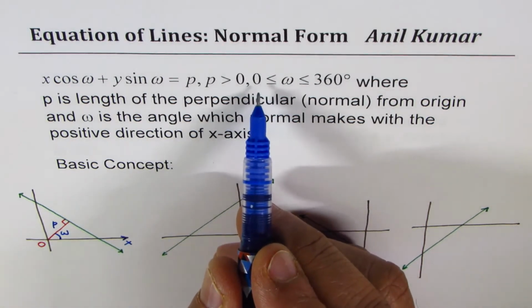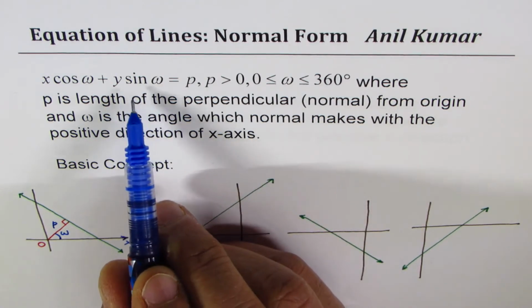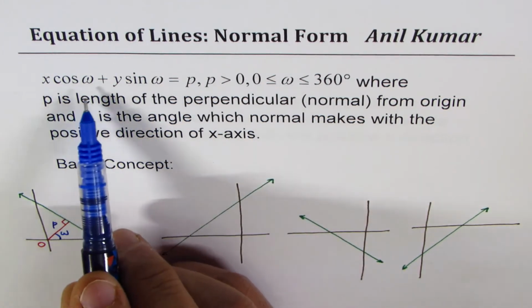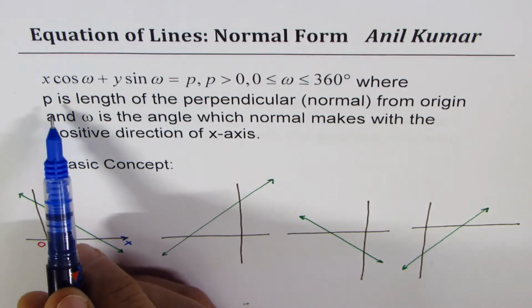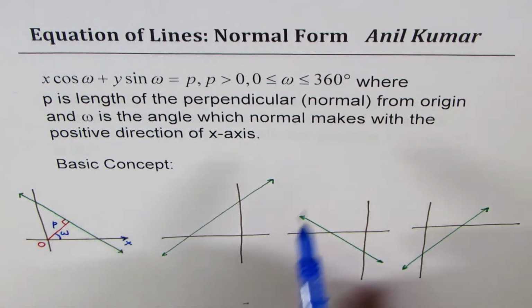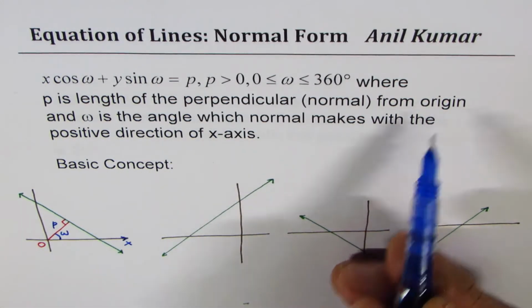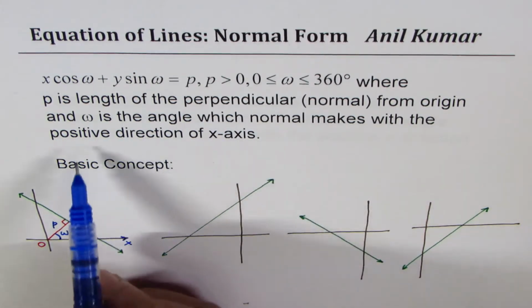It could be from 0 to 360 degrees, right? So I hope you can correlate now this equation, x cos omega plus y sin omega equals P, where P is the length of the perpendicular. The perpendicular is treated as the normal to the line from the origin, and omega is the angle which the normal makes with the positive